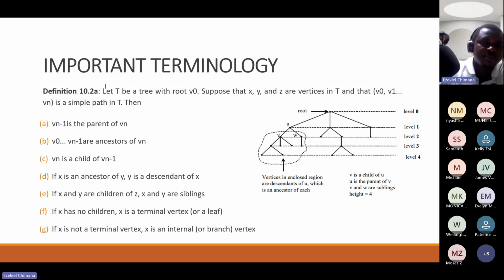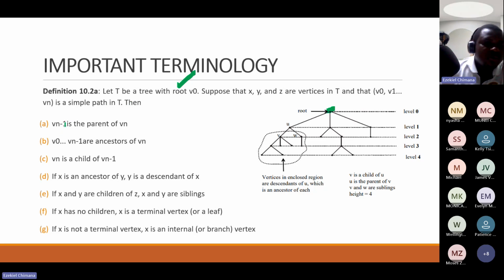which is important terminology. Okay, so this one is about the terminology that we use in trees. You need to be familiar with this. Let T be a tree with V0 as the root here. Suppose that X, Y, and Z are vertices in T, and that V0, V1 up to Vn is a simple path in T, then